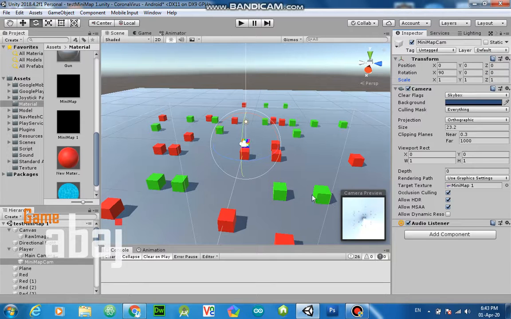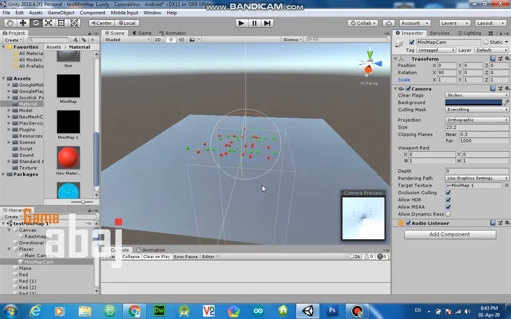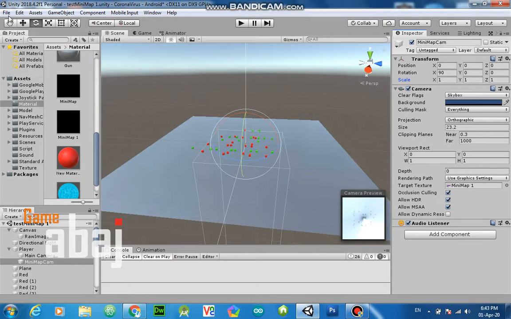Okay, yes, now this is the adjustment. The Y position we have to make higher to see this, and X is 90.